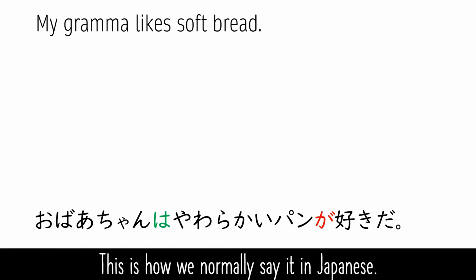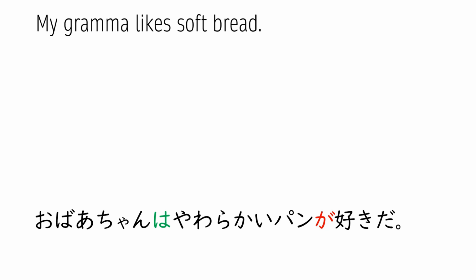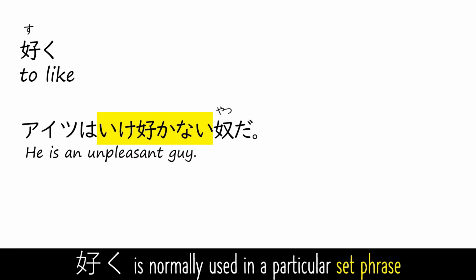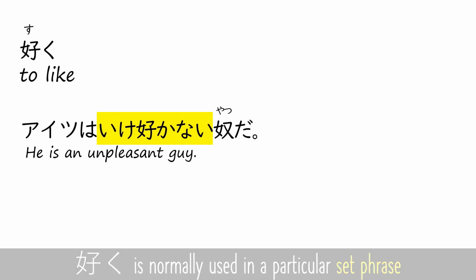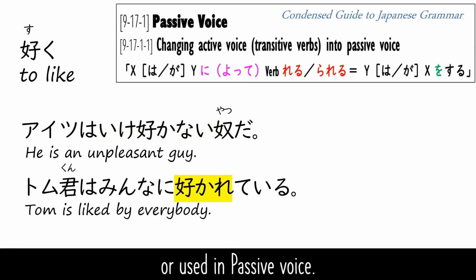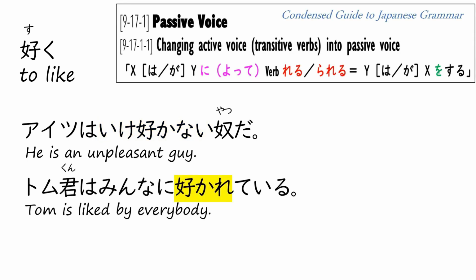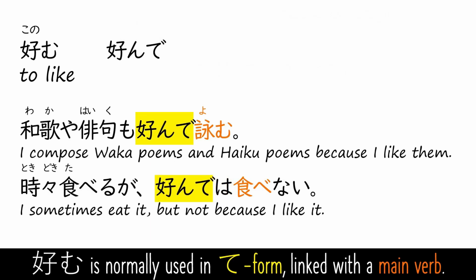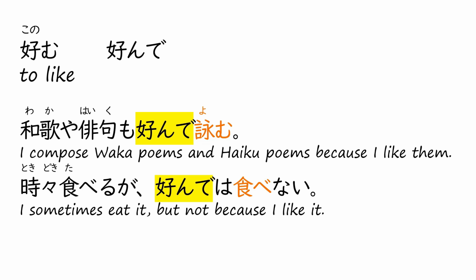But this is how we normally say it in Japanese. おばあちゃんは柔らかいパンが好きだ。 すく is normally used in a particular set phrase, あいつはいけすかないやつだ。 or used in passive voice. トムくんはみんなに好かれている。 好む is normally used in te form, linked with the main verb. 和歌や俳句も好んで読む。時々食べるが、好んでは食べない。